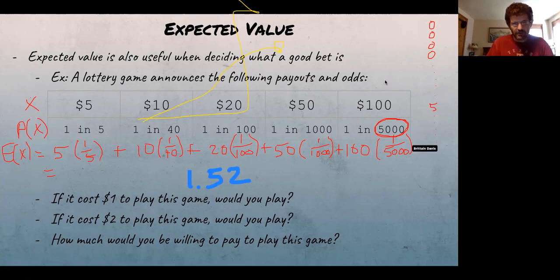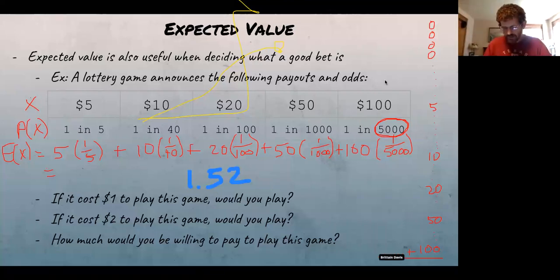And then I'm going to have maybe a few 10s and a 40th of those, so less of the 40s, and then 20s, maybe fewer of those, 50s. And so the dot dot represents that I might have multiple outcomes that way. But then I get to 100, only one person in 5,000 is going to have $100. So then I just do this as a giant addition problem. I add all that up and I get some number, and then I divide it by 5,000. So whatever this value is going to be, some X value divided by 5,000, and that number will be